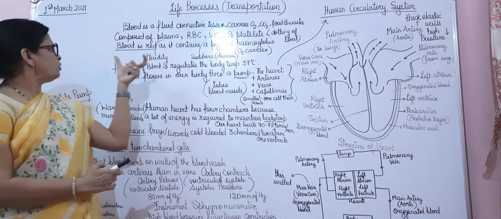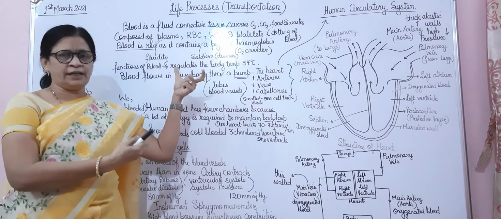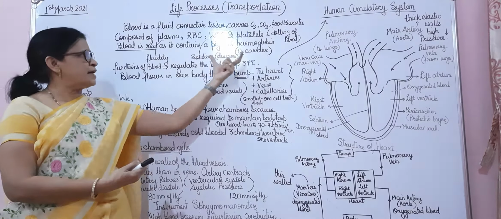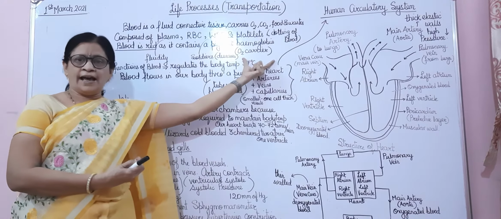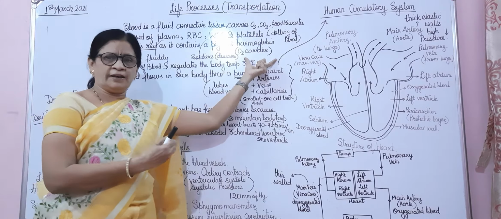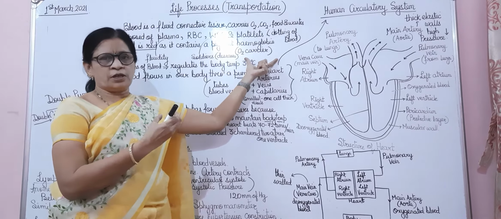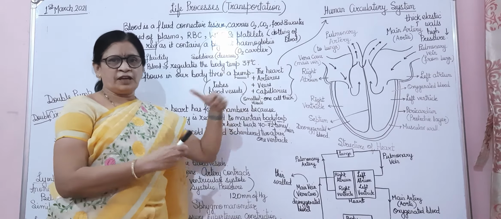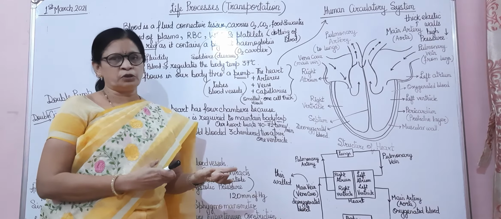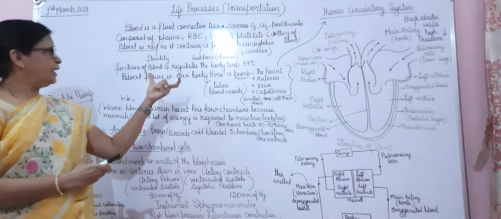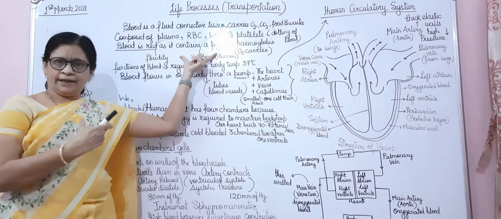Now this blood is red in color because of the presence of a special pigment in the blood, which is known as hemoglobin. You know that hemoglobin is the oxygen carrier, and it is important that our hemoglobin level should be maintained in males as well as females. Why? Because the body should get sufficient oxygen. If we have sufficient oxygen, only then can we convert that food into energy. So blood is a part of all the connective tissue connecting our body.